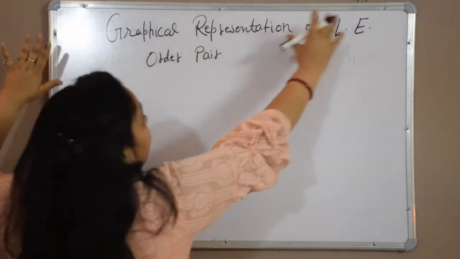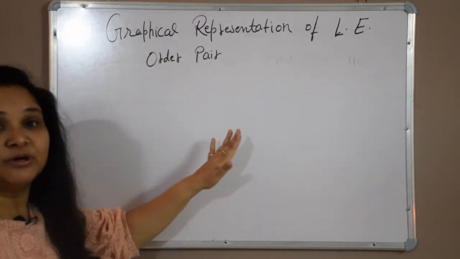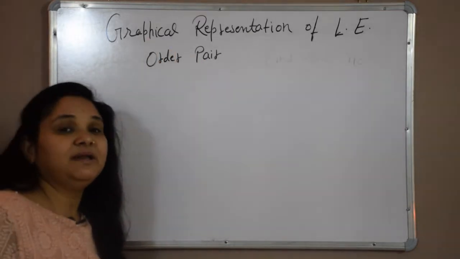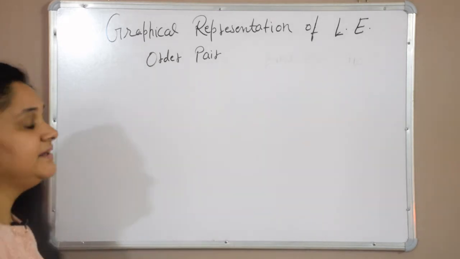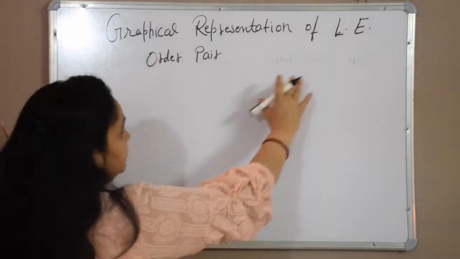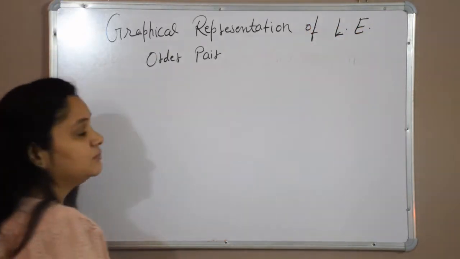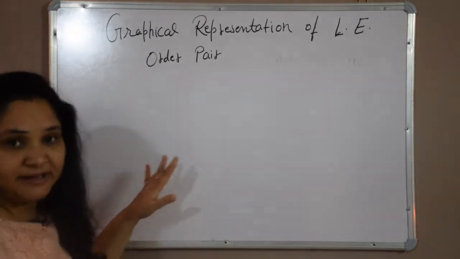See, we are having a plane here. Suppose our plane is here only this board. We can have different types of plane, like we can have a paper, we can have a room, anything that is two-dimensional is a plane. So I am considering here plane is this board. The surface of this board is my plane now.